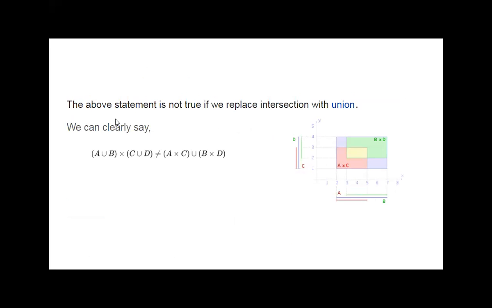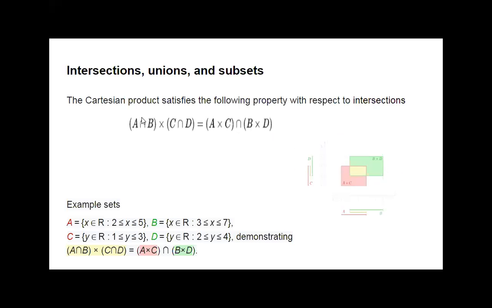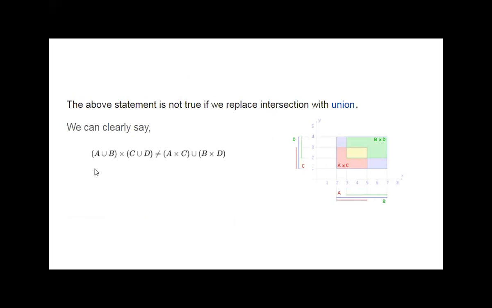This statement is true with intersection, but if we take union instead of intersection, it is not true. Like this, (A union B) cross (C union D) is not equal to (A cross C) union (B cross D). Okay,